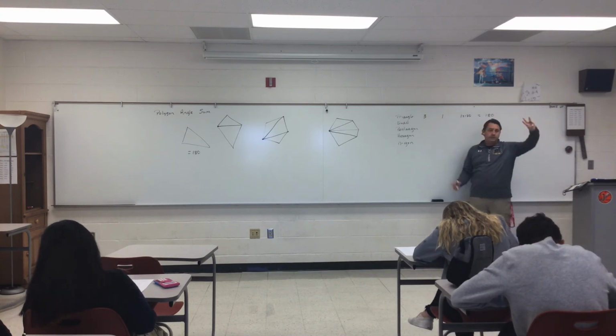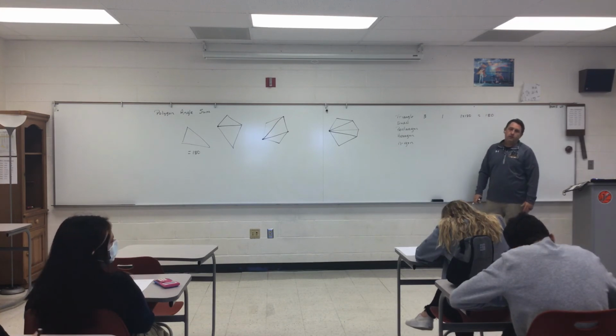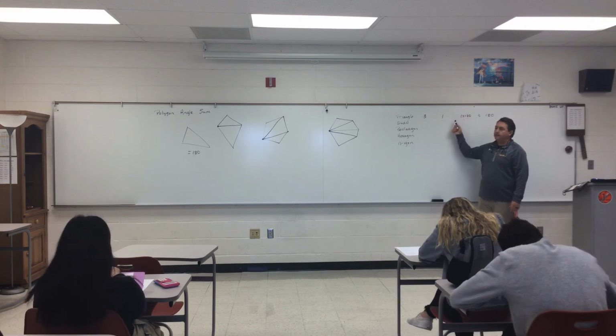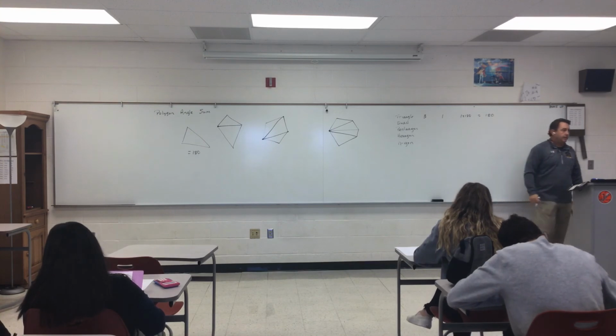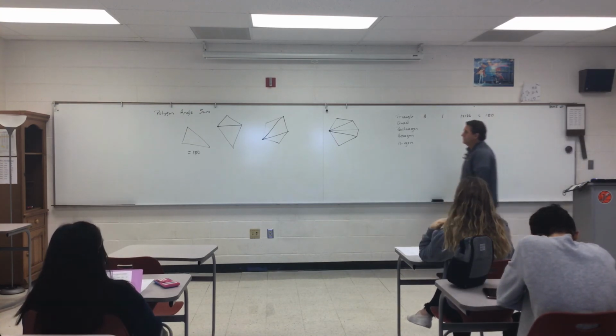Okay, a triangle has 3 sides. So obviously there is one triangle in a triangle. Now we're not going to overthink this, but they put this as gray, but what they're basically saying is if I do 1 times 180, I get 180. Is everybody good on that? Okay. Now the next shape we did